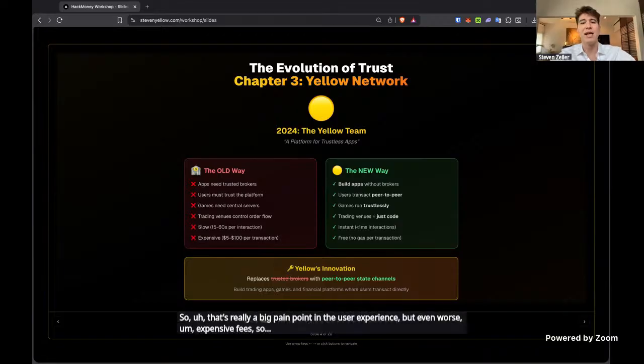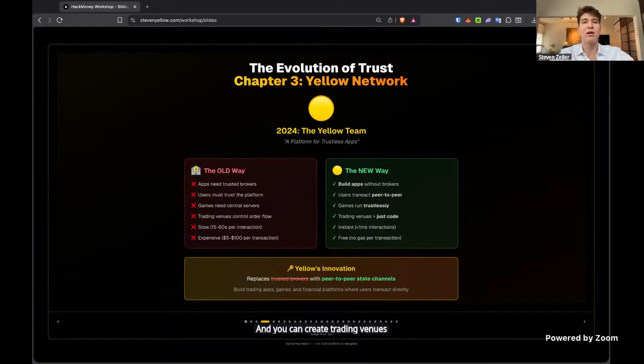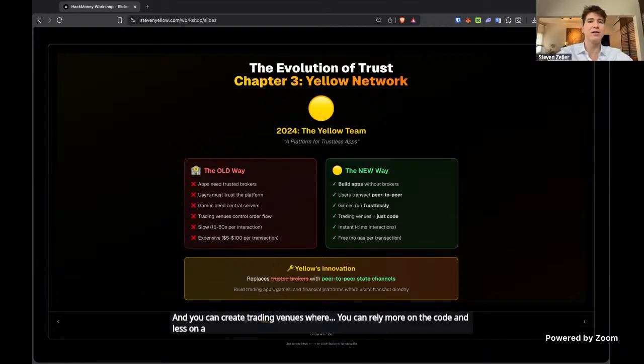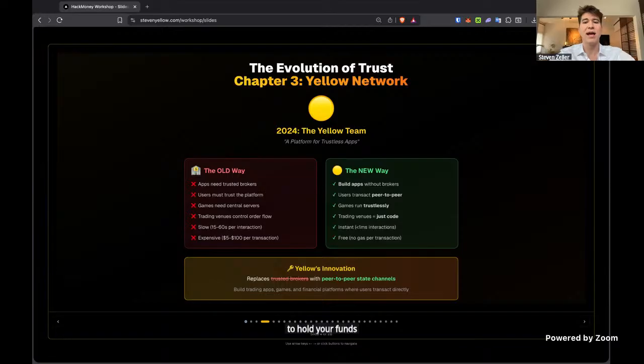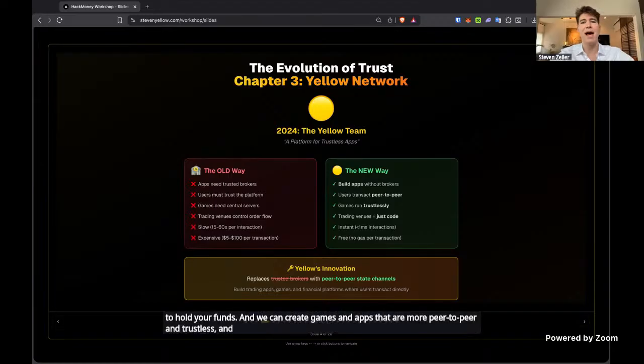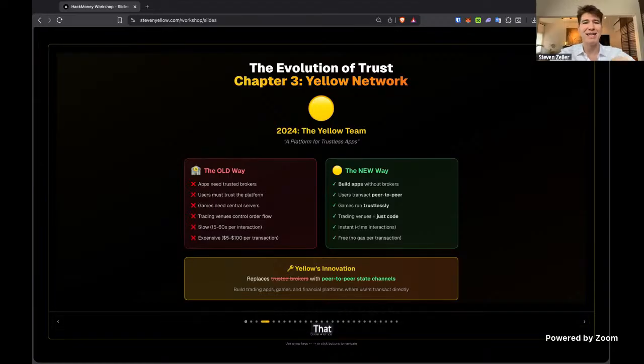So the Yellow Network creates a platform where people can build apps without central trusted brokers. You can create trading venues where you can rely more on the code and less on a corporation to hold your funds. We can create games and apps that are more peer-to-peer and trustless. Most importantly, the experience is instantaneous.